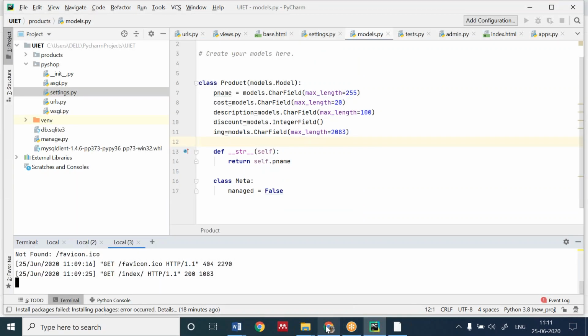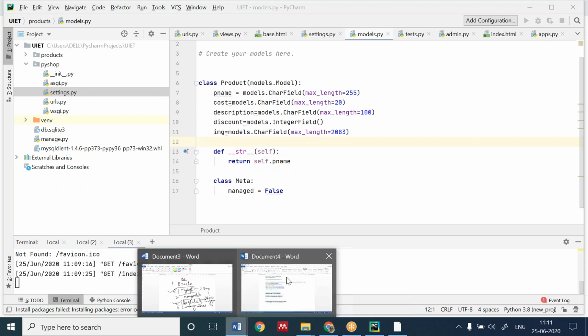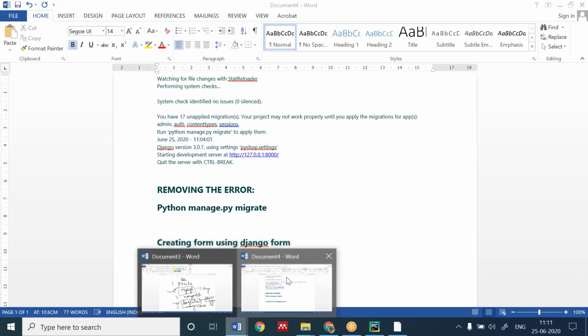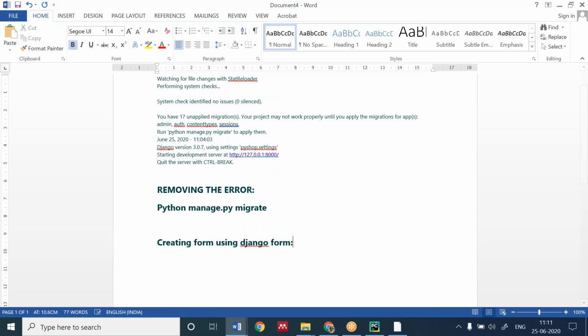How to create a table then? What is a table? Creating a form using Django means that we will first create a table in SQLite.